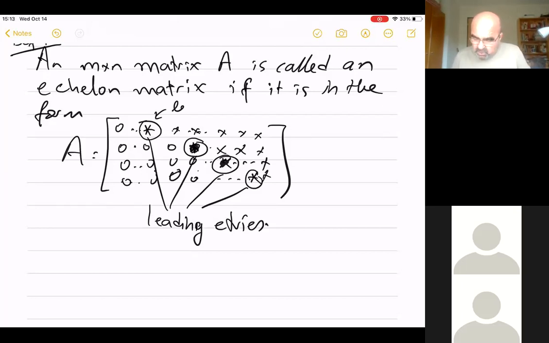In a row, a leading entry is the first non-zero entry. For example, this one. And a matrix is an echelon matrix if, as you go down the rows, the leading entries move to the right. Okay, so for example,